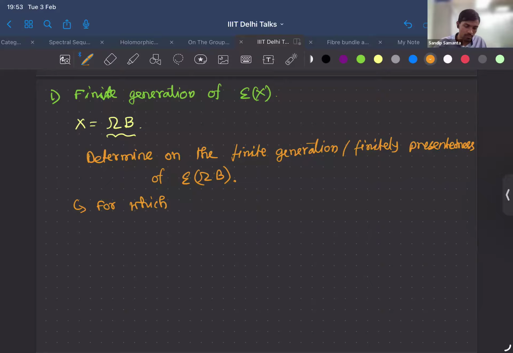But finitely presentedness is a much stronger restriction, so there does not exist many such things. So finite presentation is kind of a good notion. So one can also ask for which spaces